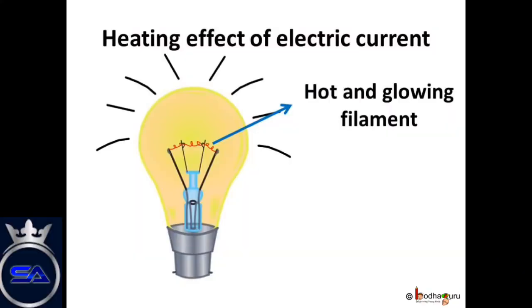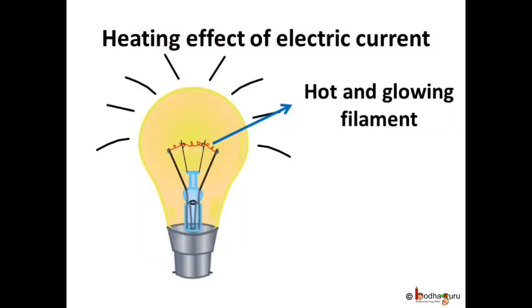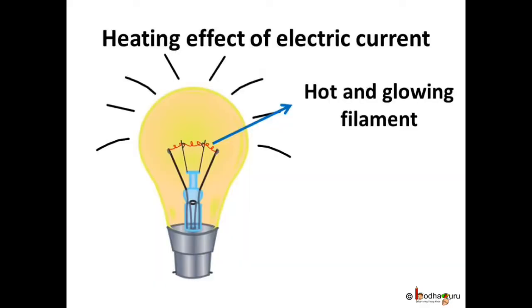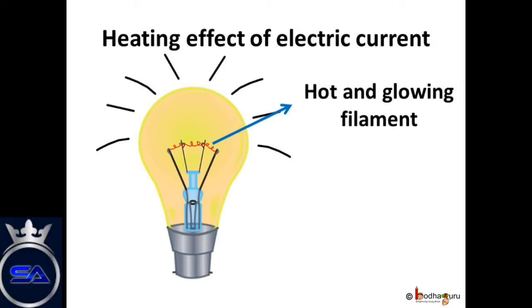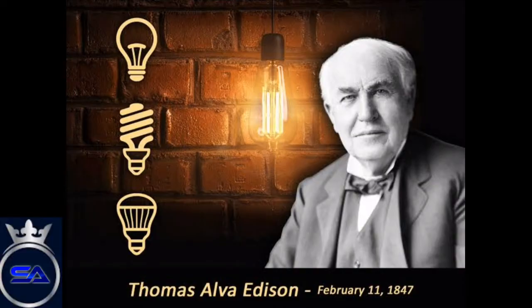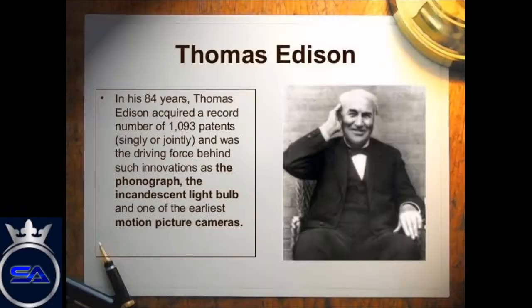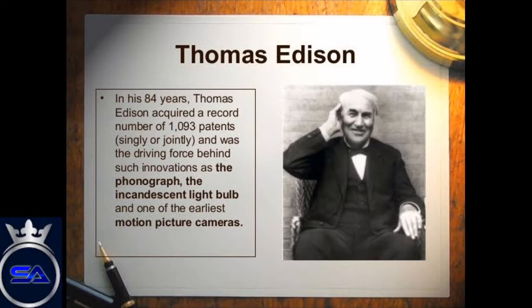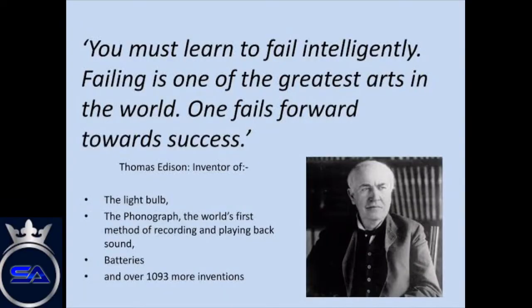Have you ever wondered about how an electric bulb works? Switching on a light bulb to make it glow is part of our everyday activities. However, in 1882, when Thomas Alva Edison invented the light bulb, many people considered it a miracle. It was celebrated as one of the greatest inventions of the time.